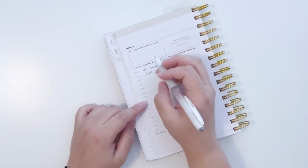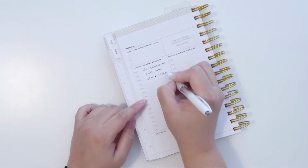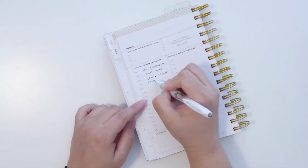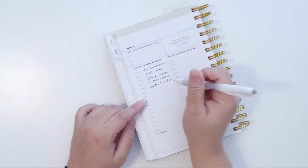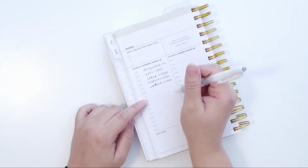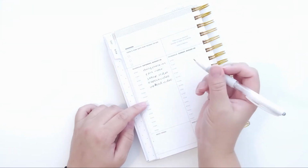For a different video, I need to do that. I like breaking my tasks down. I'm really not writing very nicely right now. So yeah, I think that's what I'm gonna do for Saturday, and then